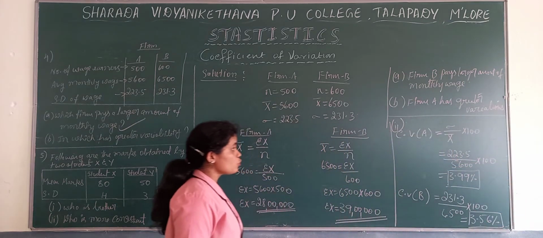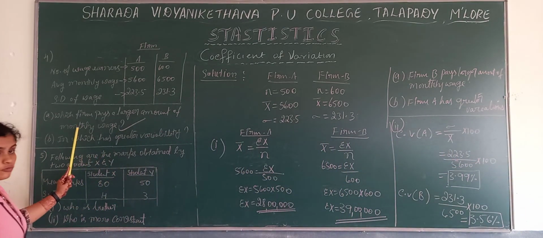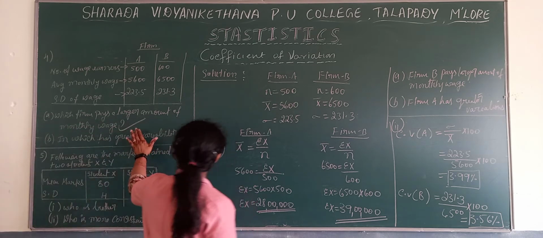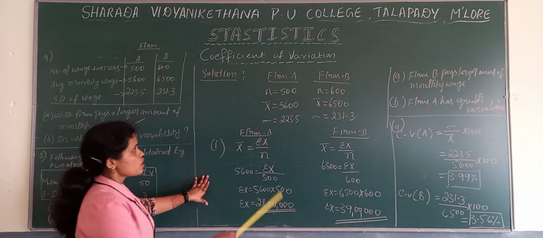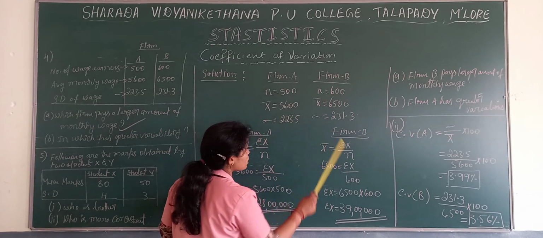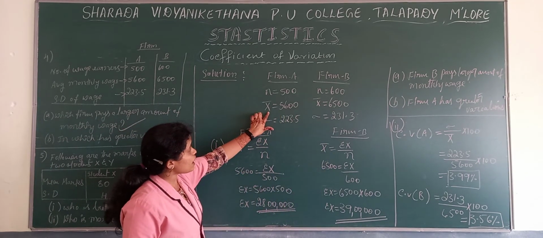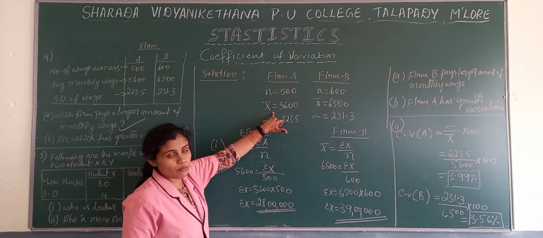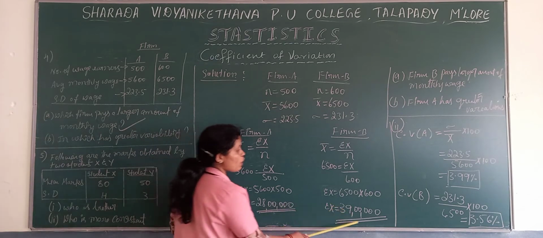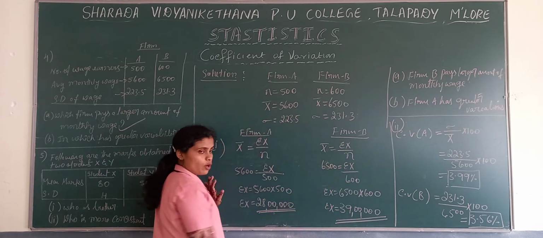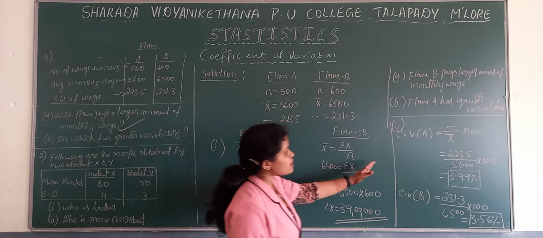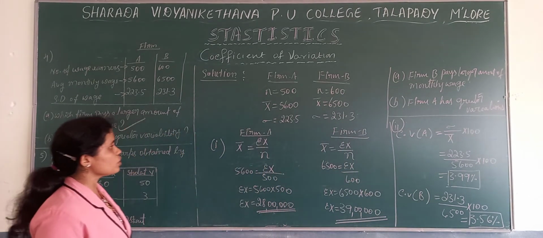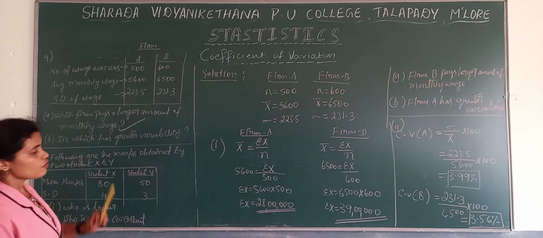So these are the two questions of your first problem. The first one is about which pays more wages. More wages is nothing but total wages. Here we have average wages and number of employees. Multiply average with number of employees, we get total wages. Without applying this formula also you can calculate. And where there is more variability, it is nothing but your CV. So this is about the first problem.